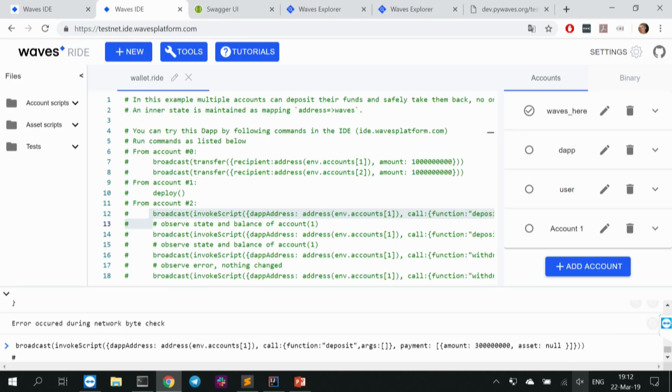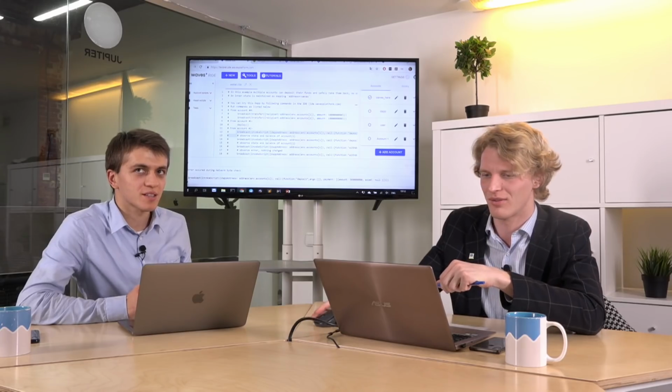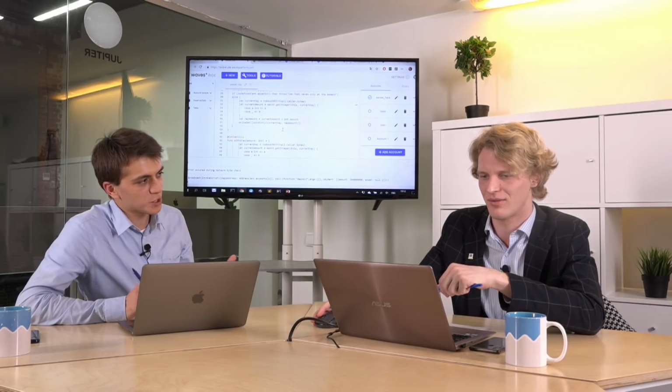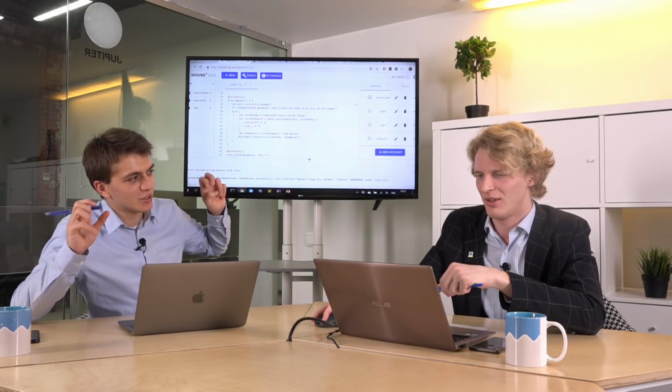Okay, another question about payment. For example, I send a transaction. Can I add some kind of attachment to the payment or no? You can use arguments for that. I mean, if your contract requires some other information other than the attached payments, just use arguments. Oh yeah, I see. So before, some developers used the attachment as an argument for the smart contract.